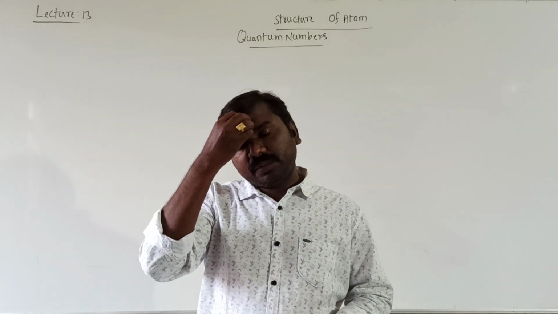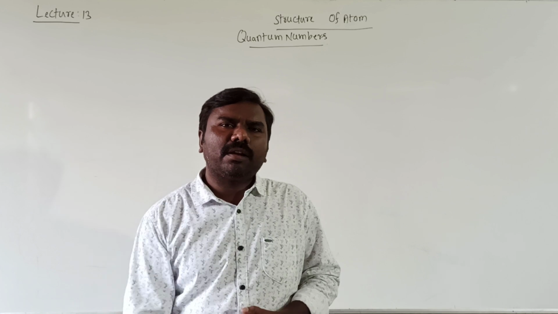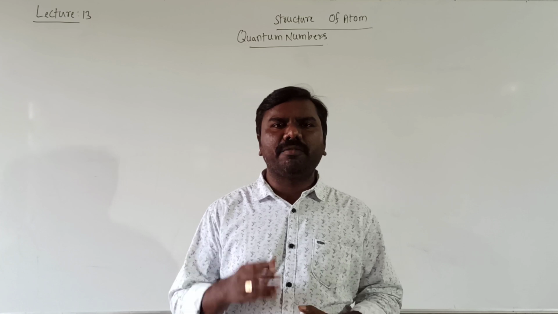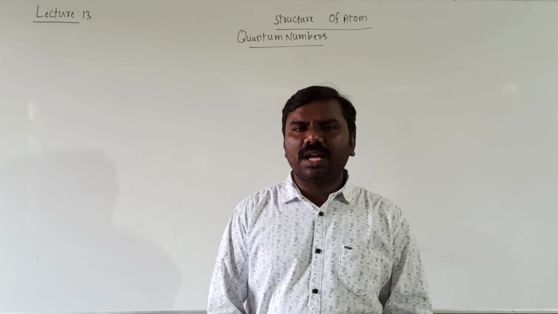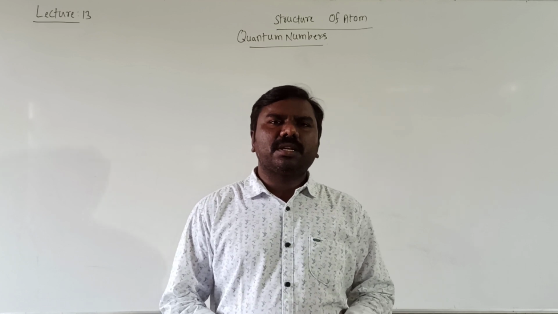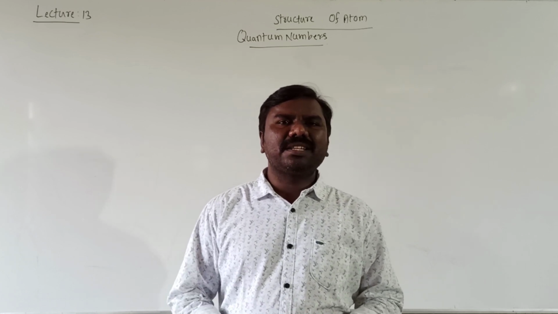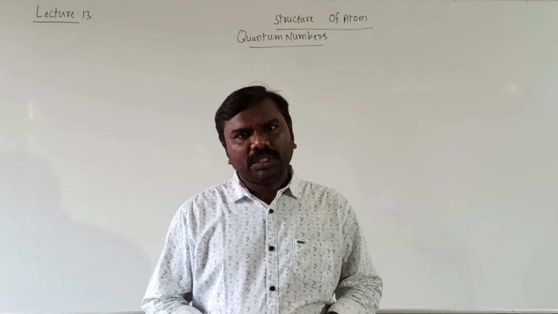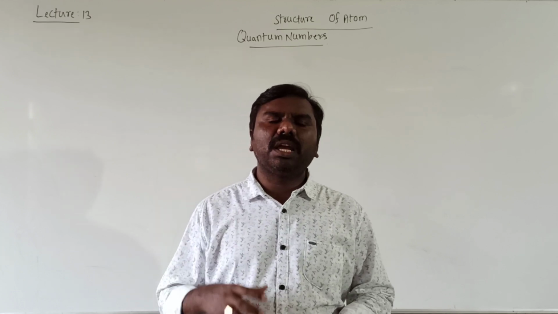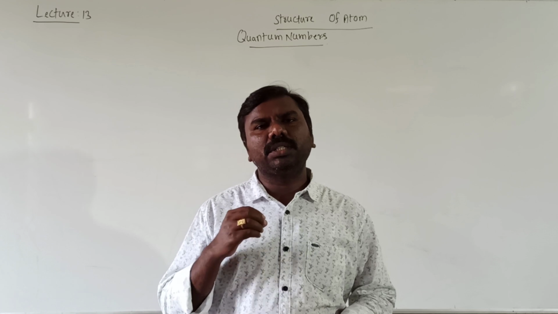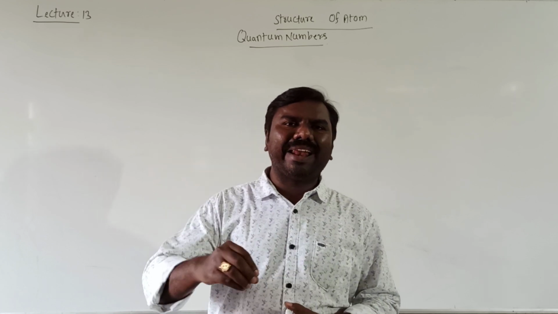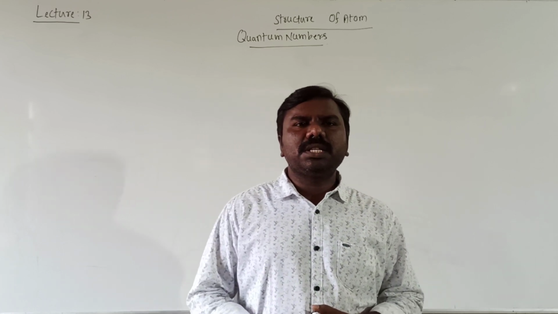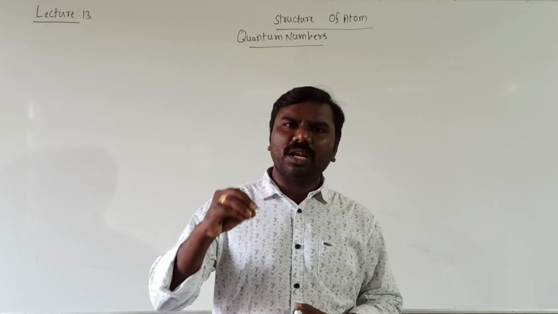Quantum numbers means, first of all, the behavior of an electron in an atom is mathematically expressed by a wave function, that is psi. In our last video we discussed that atomic orbitals are distinguished by 4 numbers. They are named as quantum numbers. These numbers give complete information about the orbital or electron in a particular atom. It means the numbers which give the address of an electron in a particular atom.